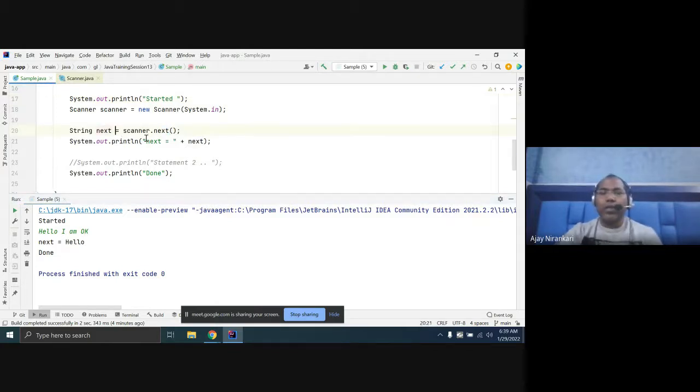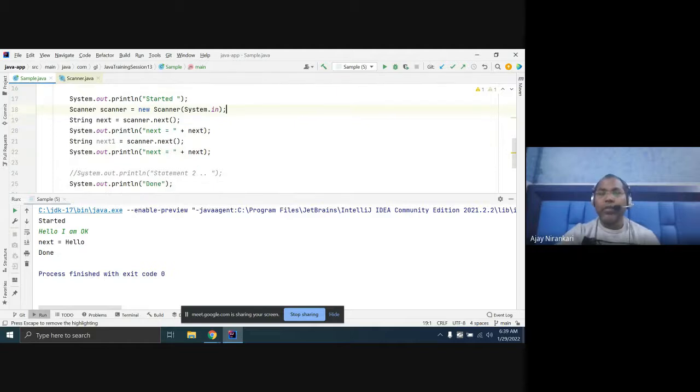You can try again with scanner.next. If you try this way, again you run this code. Let me leave it. Again I am going to run, first this line prints, then your code is waiting.